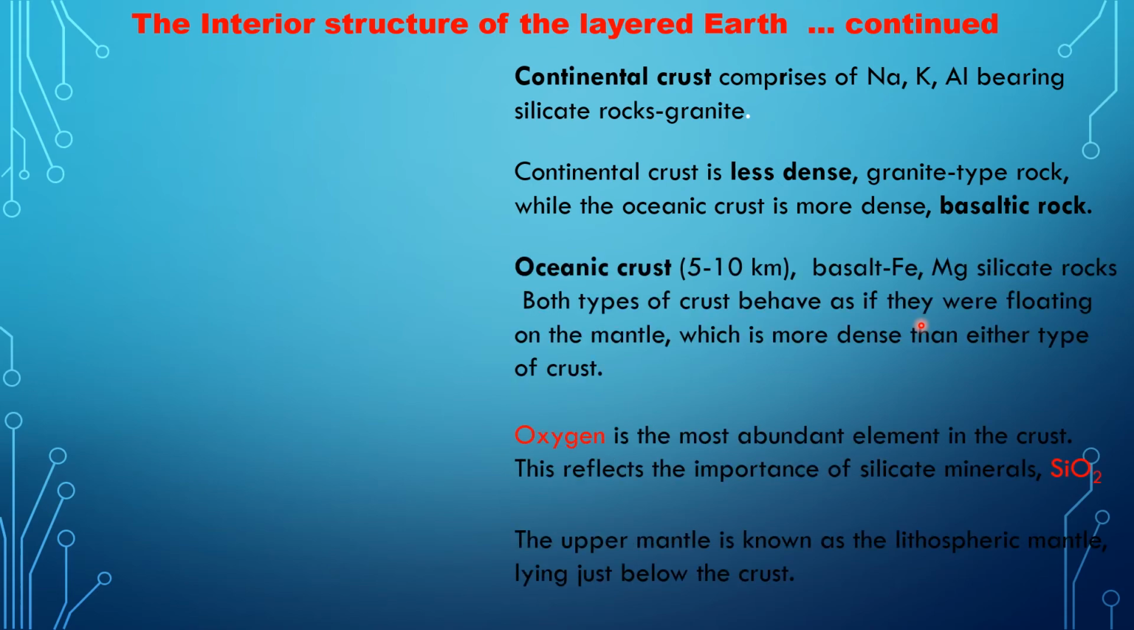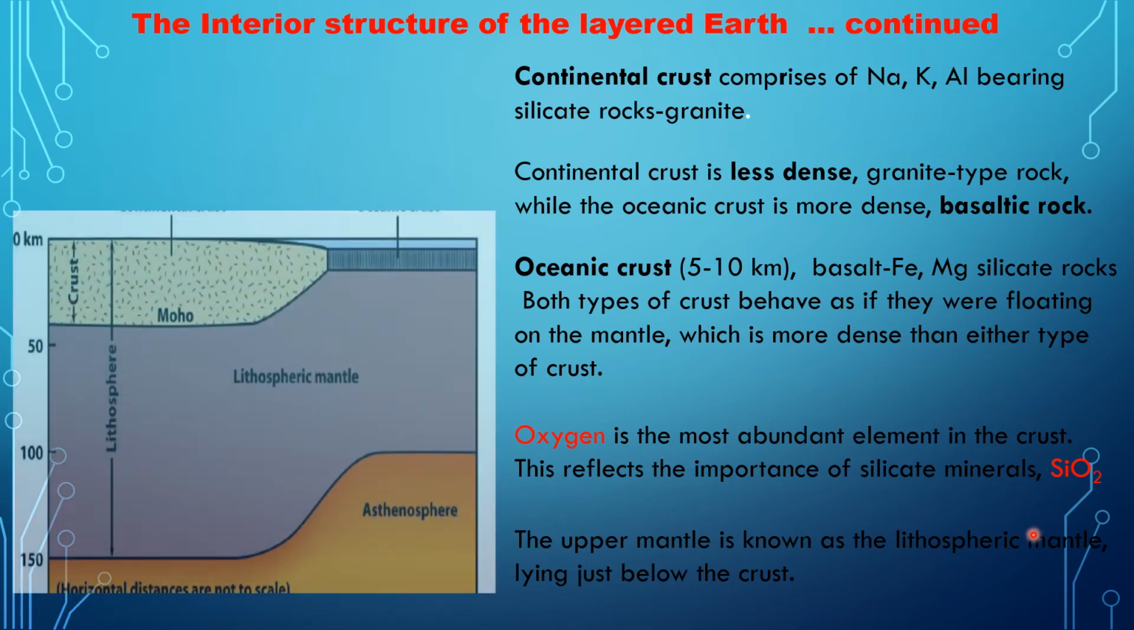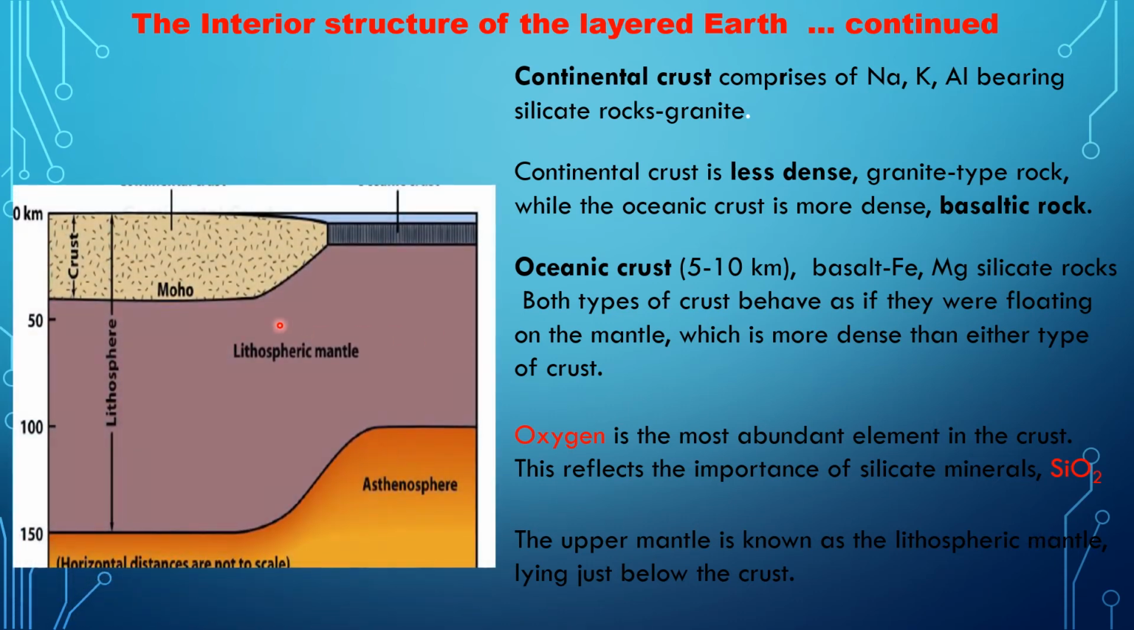Oceanic crust is just basalt, iron, very heavy minerals, magnesium, silicate rocks, and both types of crust behave as if they are floating on the mantle, because they are less dense, and the mantle is more dense than the crust. Now, the very interesting thing is that oxygen is the most abundant element in the crust, so that reflects the importance of silicate materials. The uppermost mantle is called